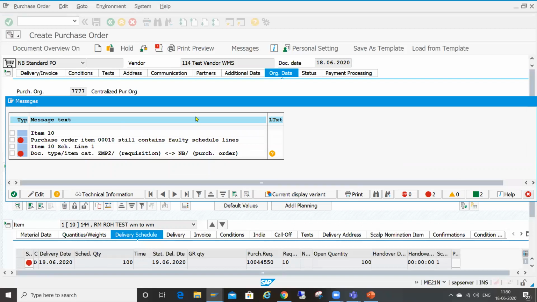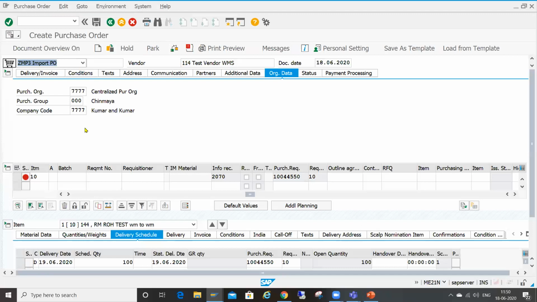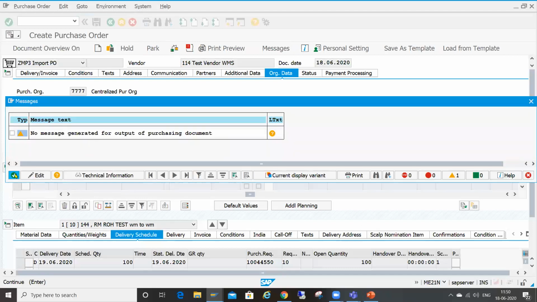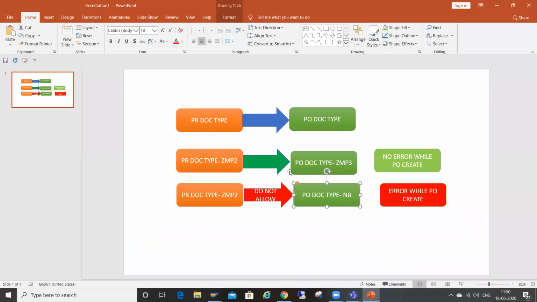Okay. Suppose you are using ZMP3 and check, system will not trigger any message. You are able to create a PO. That means according to our business requirement, this is the success case, and in the other combination system should trigger error.